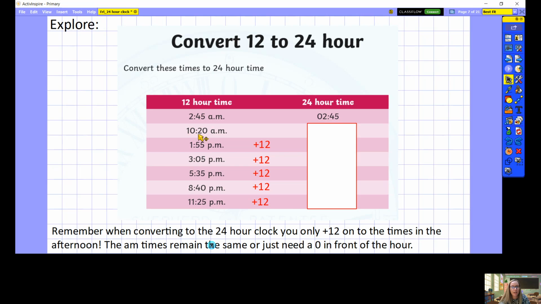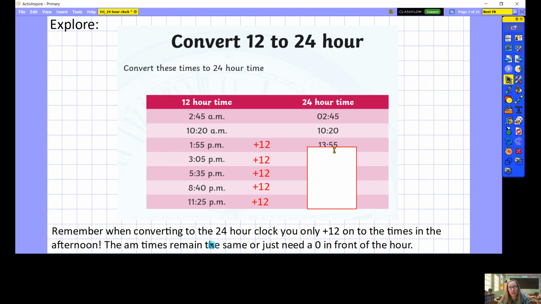The next one, 10:20 AM, that one would remain exactly the same, because we can take away the AM because we know it's going to be in the morning because it's got a 10 in front of it. Now the next one becomes a bit more, this is where we need to start using the rule of adding 12 to convert it to 24-hour time. So 1:55 PM, it's an afternoon time, so we add 12 to the hour. So the hour is 1. If we add 12 to that, it would be